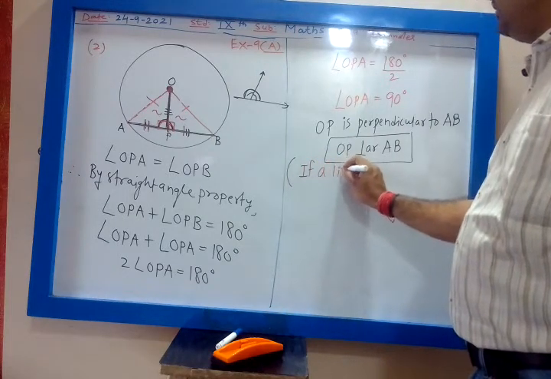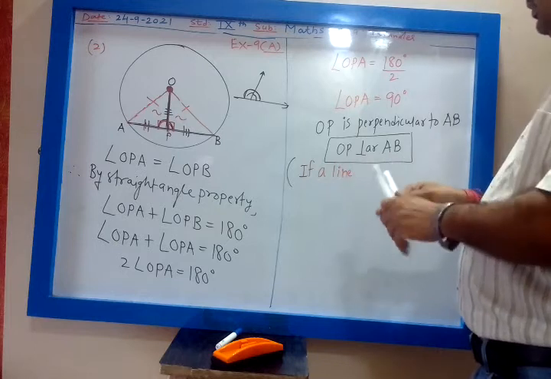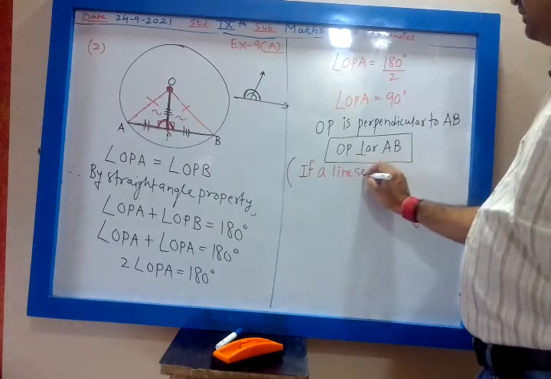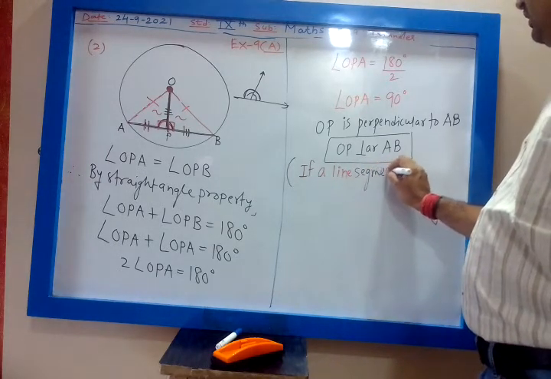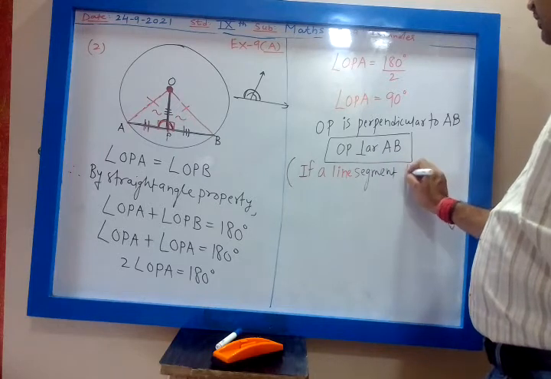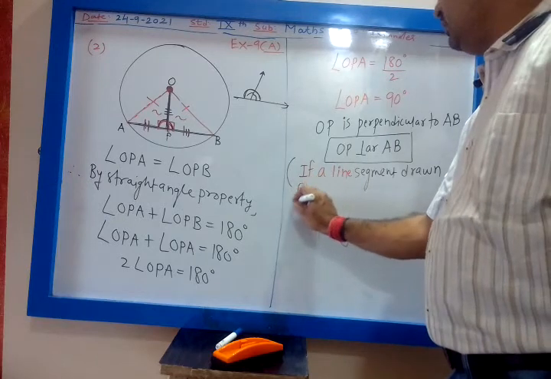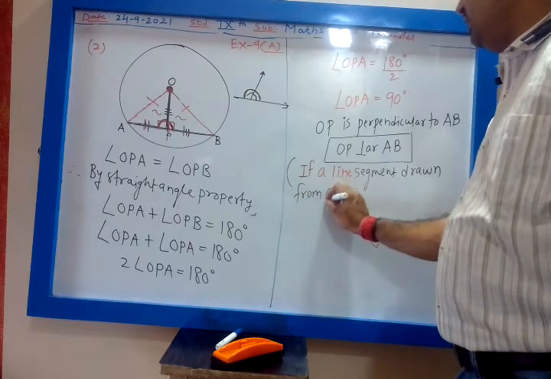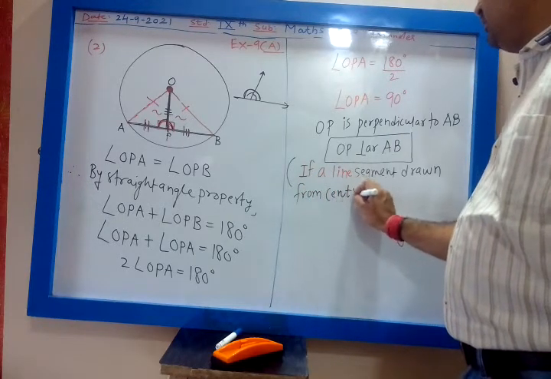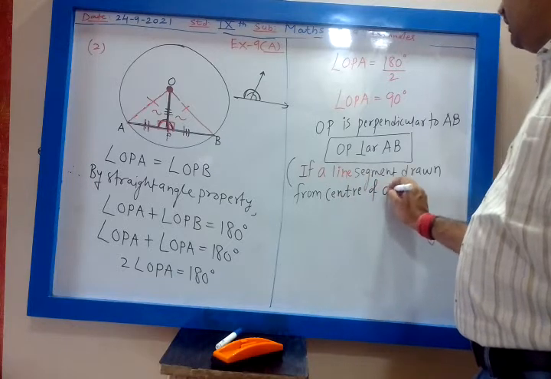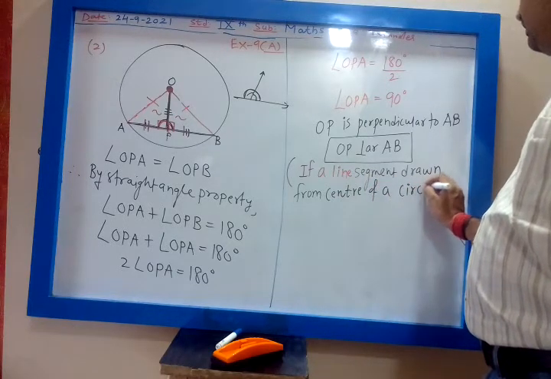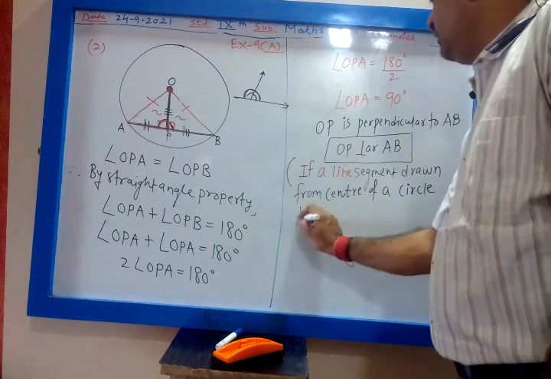If a line segment drawn from the center of a circle bisects the chord,